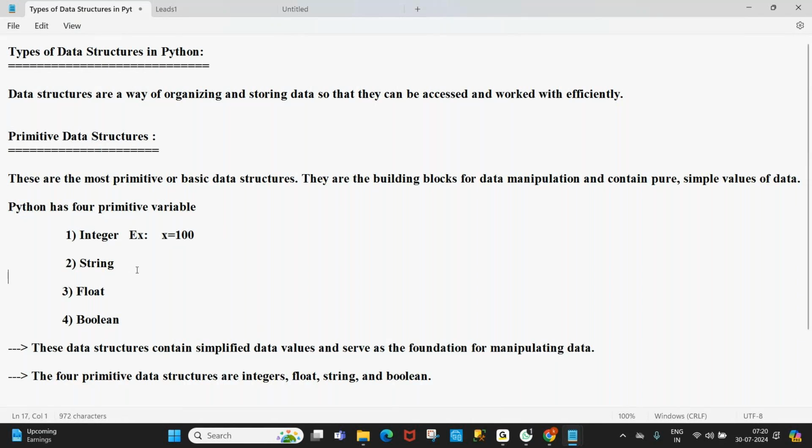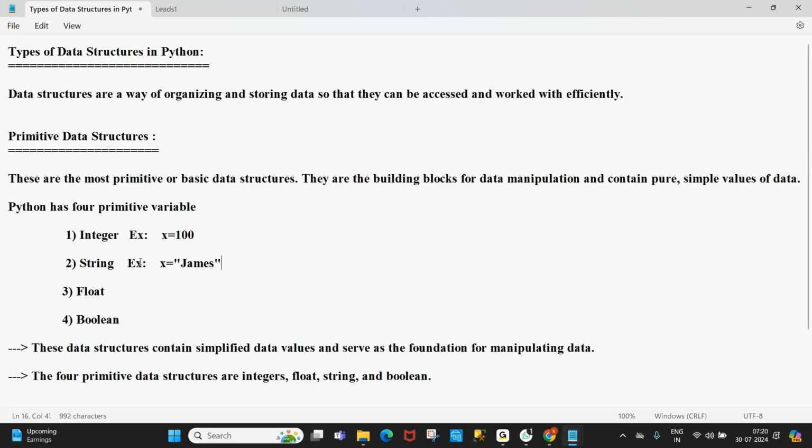When it comes to the string, x is equal to, and here you can write, say, James. What is a string? A string is nothing but a collection of characters.